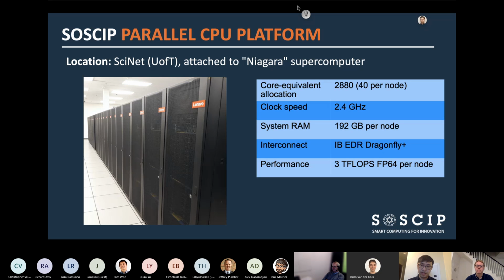All the nodes are connected using InfiniBand EDR with Dragonfly Plus topology. This will provide you the capability of scaling up your job to hundreds of thousands of nodes. Each of the nodes will provide around 3 teraflops double precision. Next slide, please.